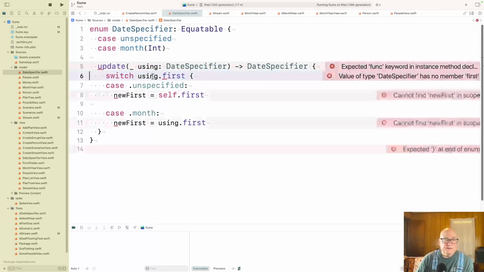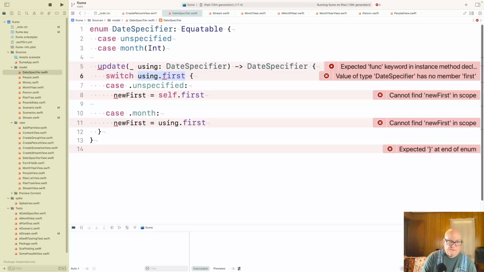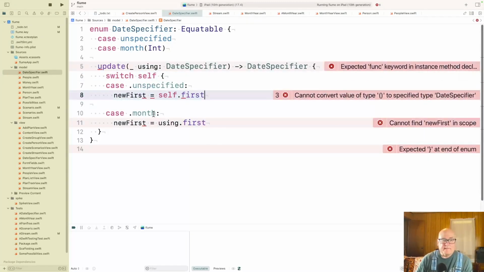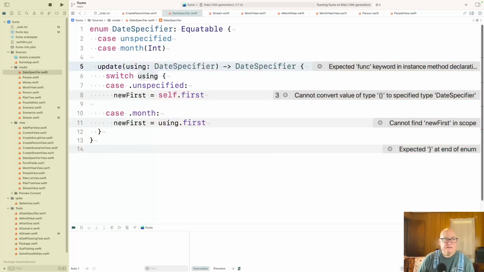So if we're looking at self, no, I think we're looking at using. Actually, it does sound kind of nice this way, doesn't it? Require it.